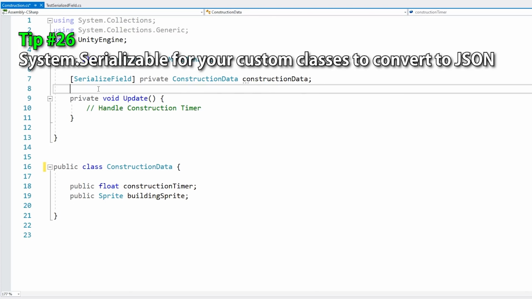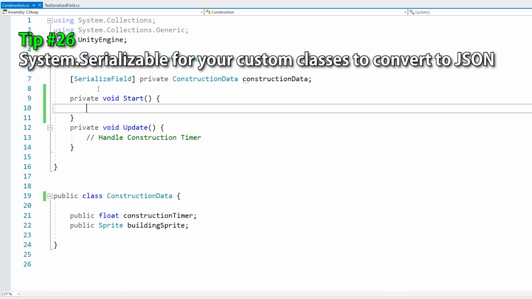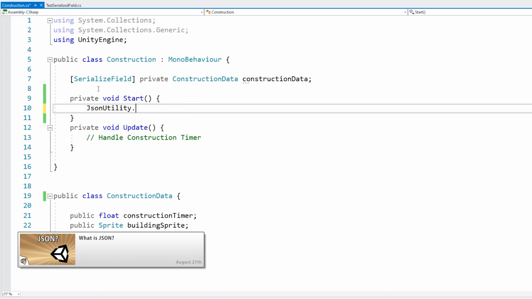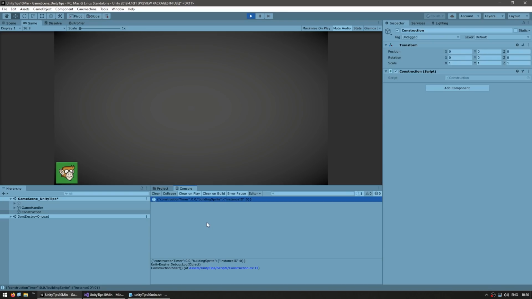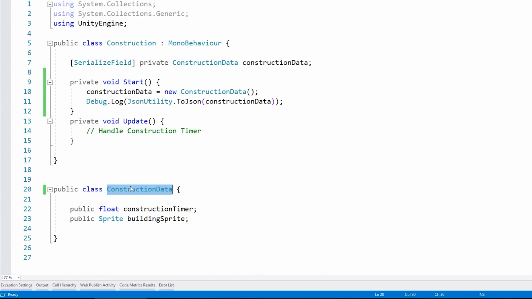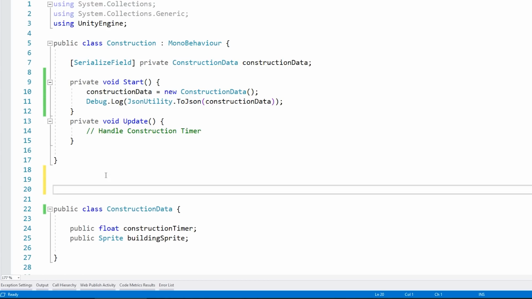So for example, if I remove it and over here I do a private void Start and I use the JsonUtility and convert it to JSON, and do a Debug.Log to see what this does. And if we run it on this object, it does work. However, if we put this object inside another object, like for example a save object,